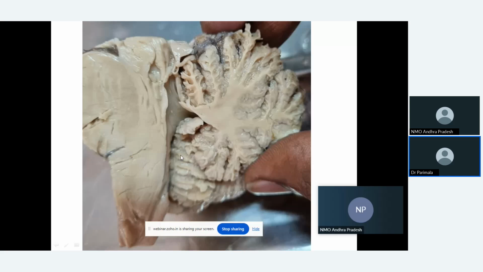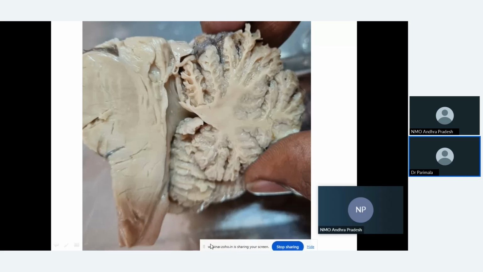Another important point for your understanding purpose I am telling. Look at here, this lower part is spinal cord in which the central canal is centrally located. In this place, the central canal is in the middle. Whereas if you move from spinal cord to medulla, there will be shift of this central canal dorsally. In this section at the level of pyramidal decussation, it is slightly posterior to the central canal of spinal cord. In the upper section, further dorsal.